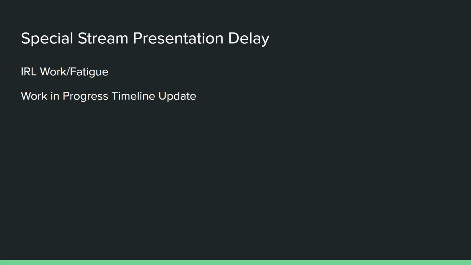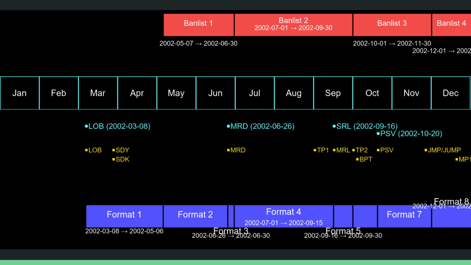And I did dedicate a little bit more time to working on the timeline, so we got an update to that. As you might recall, this is what it looked like last week, and there's a lot of information on it. I am going to streamline it, but this is what it looked like last week. And the changes,